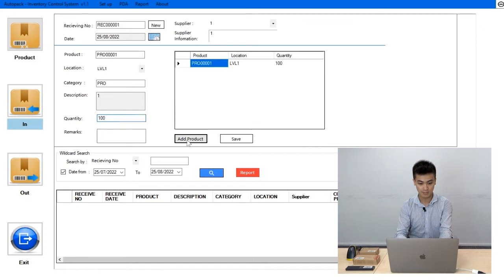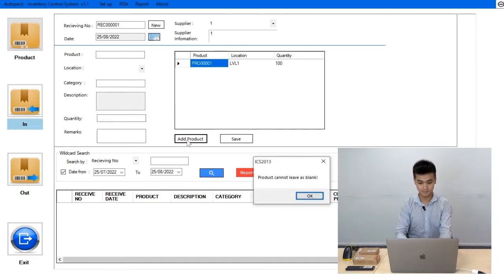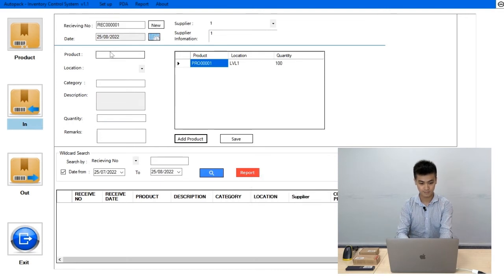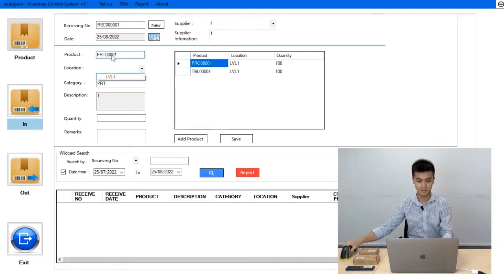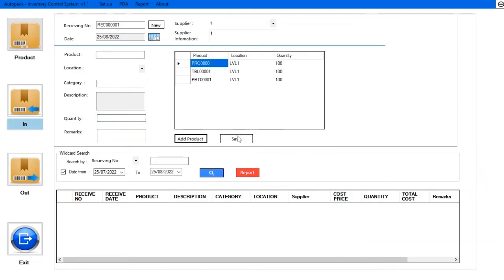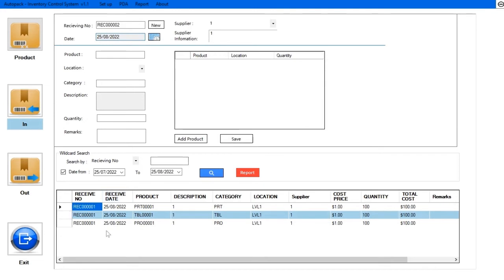So you start by adding a product, you scan tape for the tablet, as well as our printers. Once you have done taking in the stock for the day, you can press Save, and you will generate at the bottom.